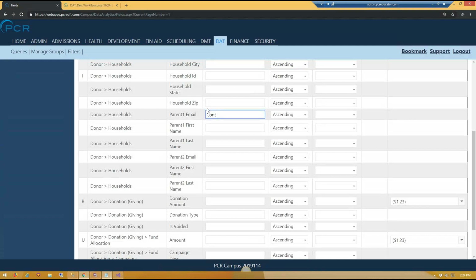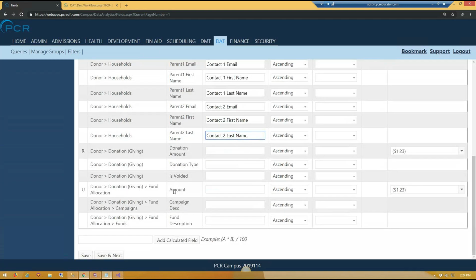So I'll call it contact one email, contact one first name, contact one last name, contact two email, contact two first name, contact two last name. I also want to rename amount to allocated amount because if someone else is looking at